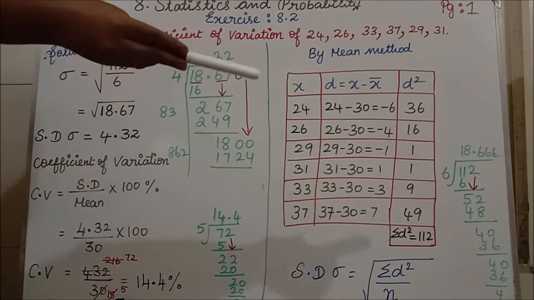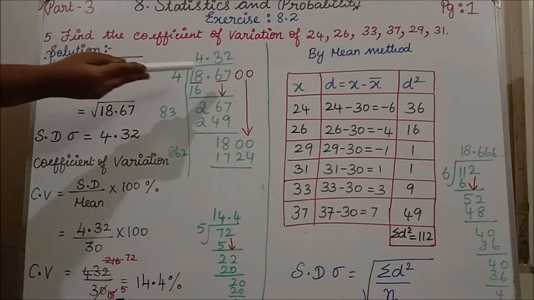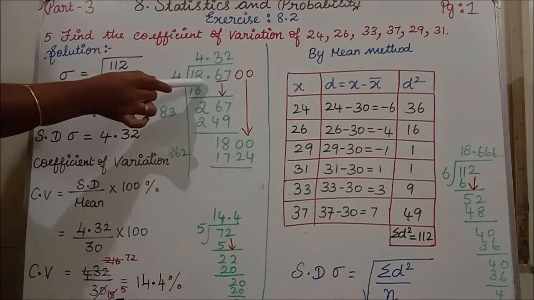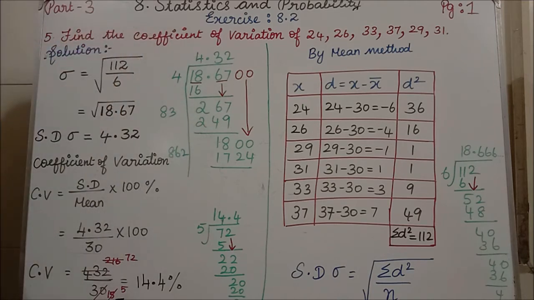See, 112 by 6 I have divided there. When I divide, I am getting 18.66666, it's going on. So to round off, I have written 18.67. Now I am going to take the square root of 18.67. Listen carefully. What is the first step in the square root? You have to group two numbers from the right side. That is very important. See, now from the right side I have 18.67. I have grouped two numbers and here two numbers. So 18. What number are you writing? The same number in the quotient also you have to write.